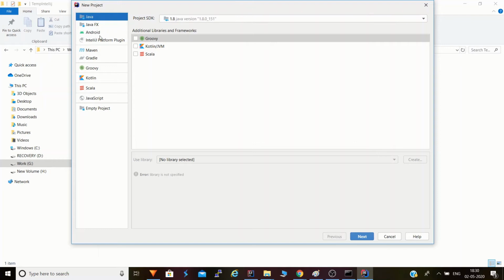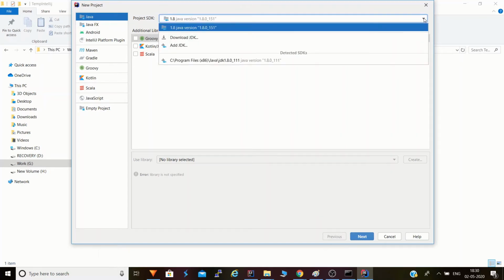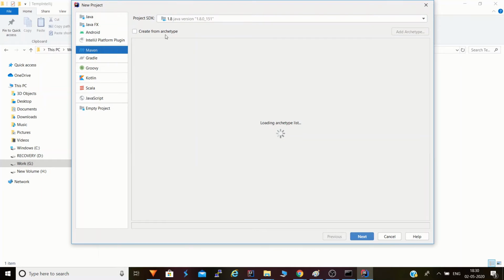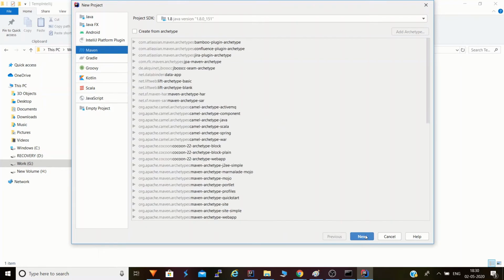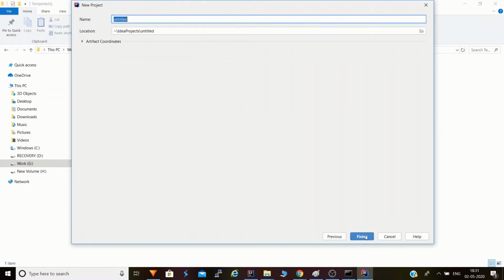Over here, as you can see, the Java version 1.8 has already been taken. Suppose it doesn't come up here as project SDK 1.8, you can just choose from the drop-down and select the 1.8 version. We will be building a Maven project. Maven is a build tool we'll use to build our Scala project. So we'll click on next.